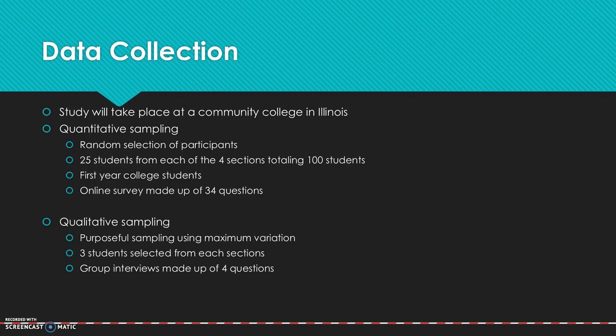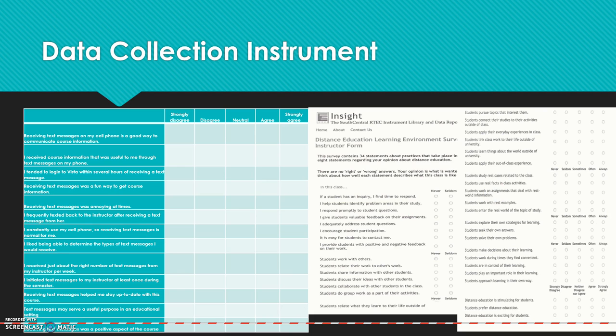For the qualitative sampling, it's going to be purposeful sampling, because the researcher wants to concentrate and make sure that it gets to everyone, whether someone who has an excellent grade, or a medium grade, or a poor grade; all are going to be selected to be part of the second part of the qualitative sampling, whereby the researcher will organize group interviews of 4, made up of 4 questions.